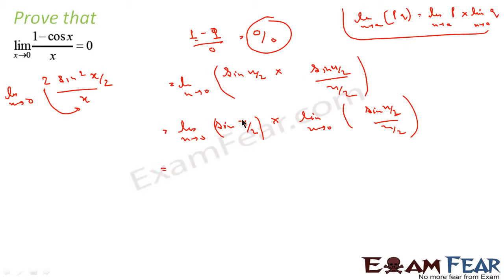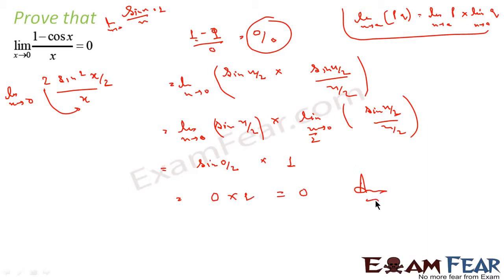Now in this value, we put 0, so this becomes sine of 0 by 2, into this value. We know that limit of sine x by 2 by x by 2, x tends to 0, is equal to 1. We solved this in the last example, that limit x tends to 0 of sine x by x is 1. Since x tends to 0, we can say x by 2 tends to 0, it is the same thing. So this becomes 1. Sine 0 is 0, 0 into 1, so this value is 0.